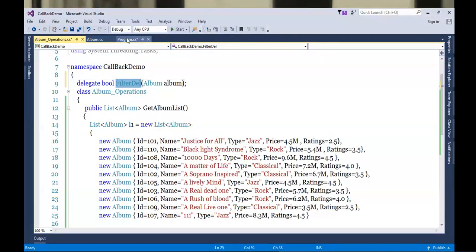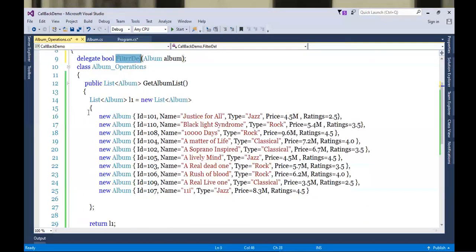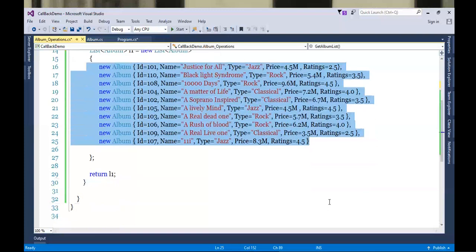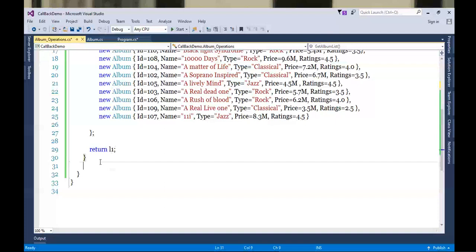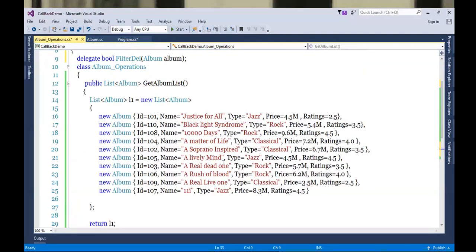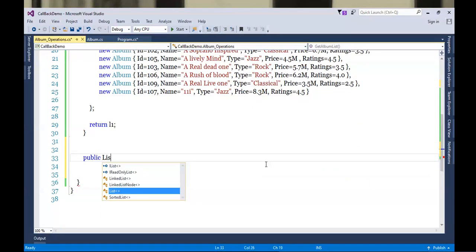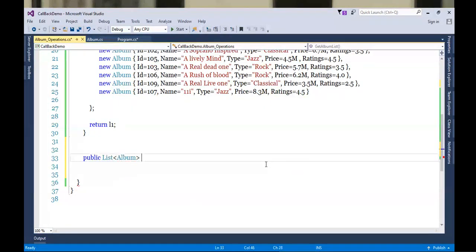Now we need to introduce a method which is actually going to filter out the albums. Okay, so let's write that method now. I'll be taking a method which will return me a list of albums which follow the criteria.